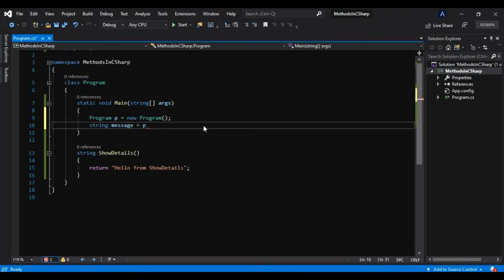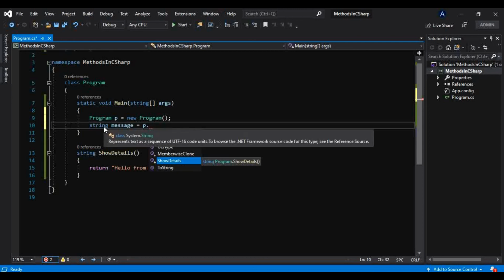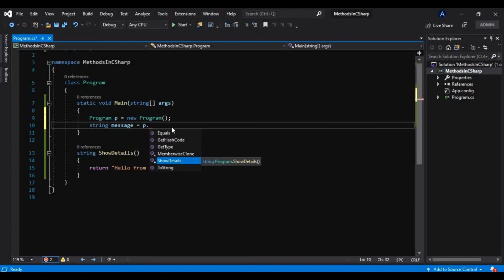Okay, as soon as I have typed dot, it is showing all the methods it can access of this class. Now you might be wondering where this Equals method, this GetHashCode, GetType and etc. methods are coming from. So that also I have explained, because every type in C# comes from that object class, and that object class is providing to every type all these common methods, that is Equals, GetHashCode. Okay, so I have explained all these things in my previous tutorials, so please check that out.